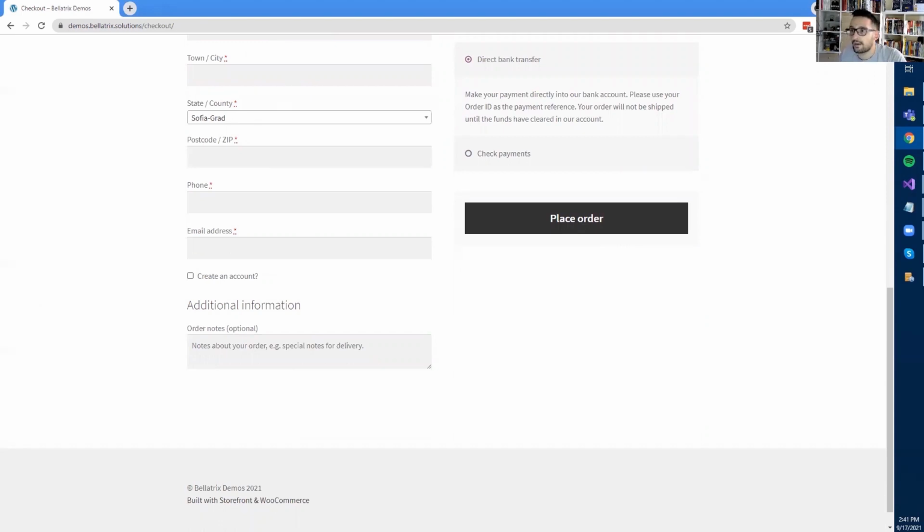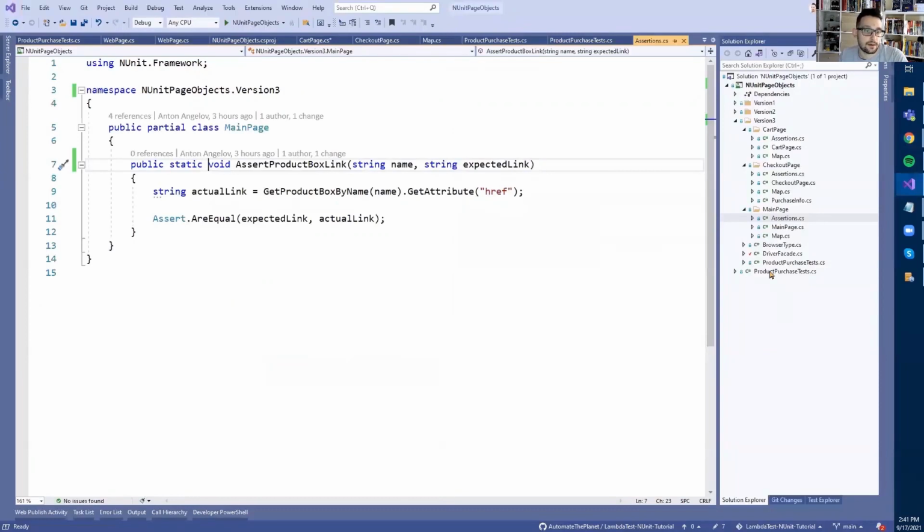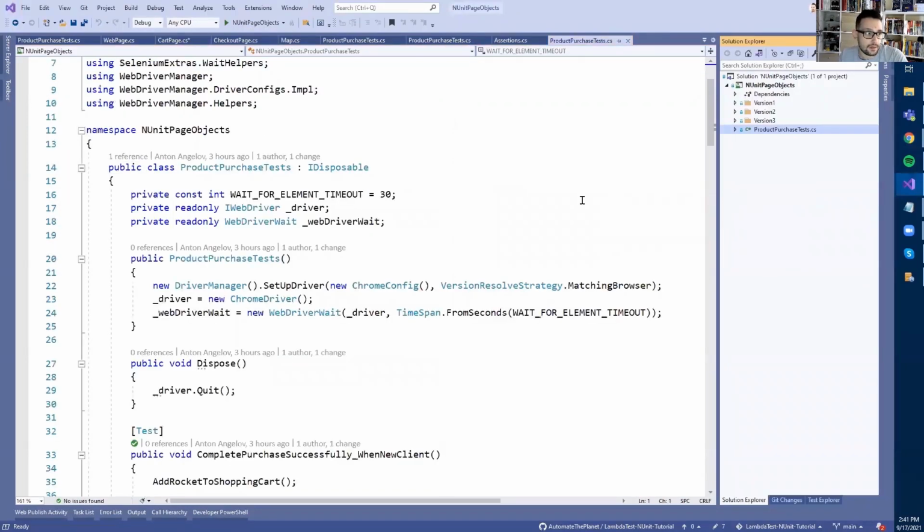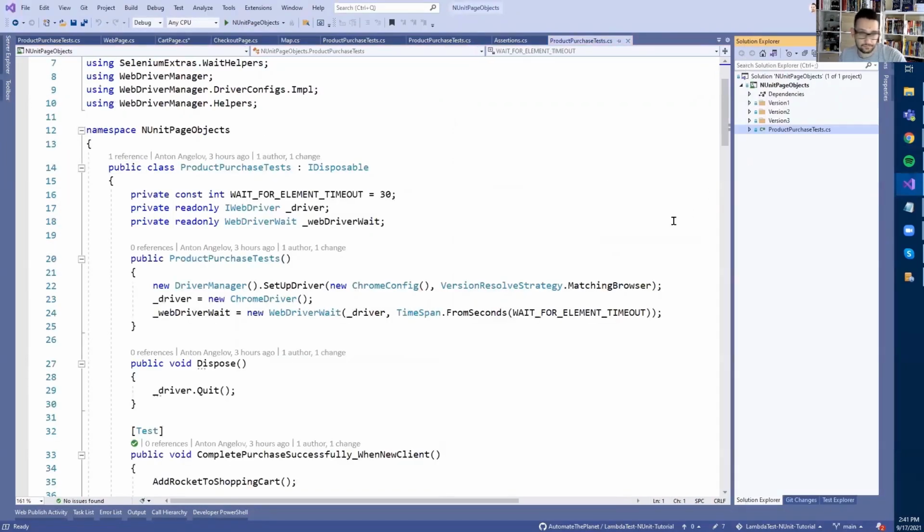This is our test case. And I already implemented it without using any patterns so that you can see it. I'm using